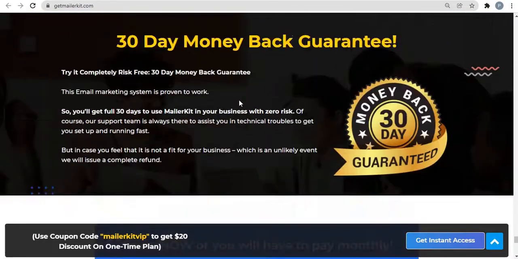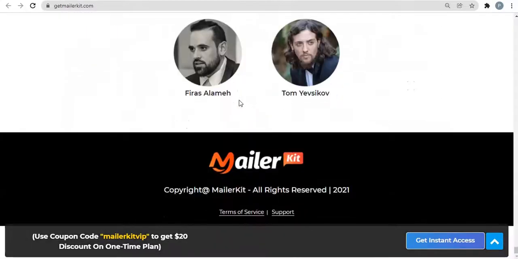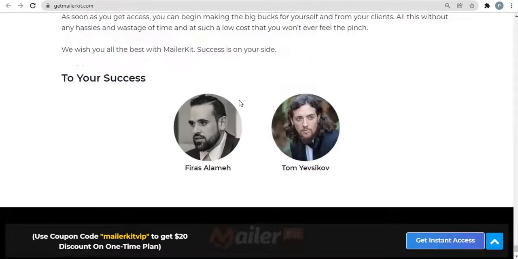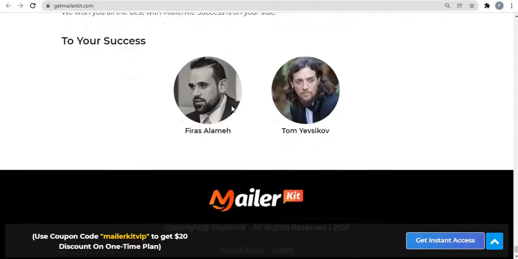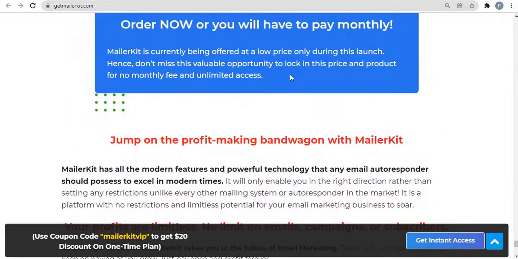They are giving a 30-day money back guarantee. So let's recap. MailerKit is the best primary inbox delivery in this industry. Limited time offer: free SMTP, unlimited email sending credit. Collect unlimited leads and send unlimited emails.